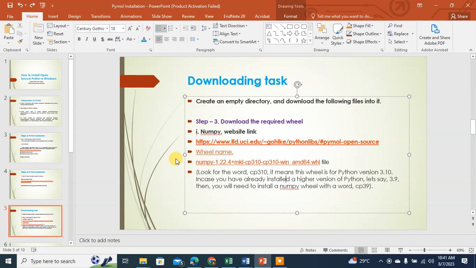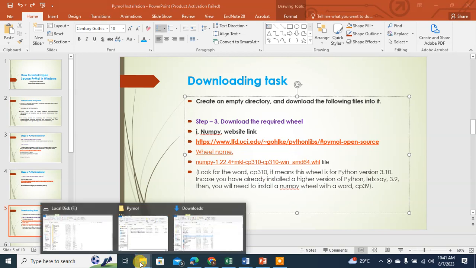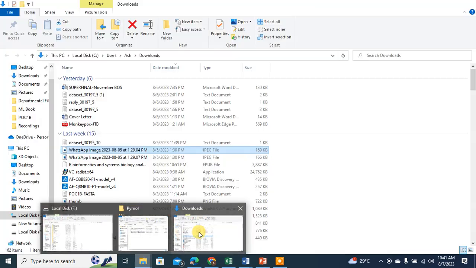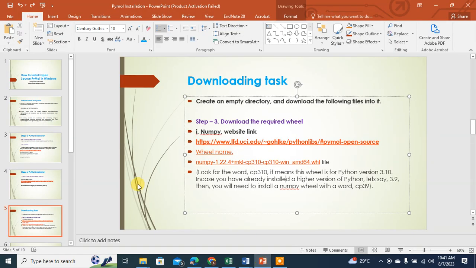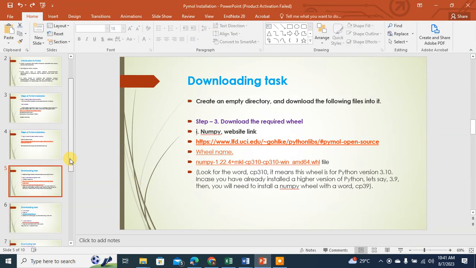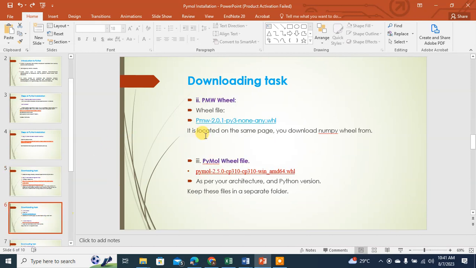Okay, it's a smaller file. Just download it and it will be downloaded into your download folder. From the download folder, just cut and bring it to the folder you have created. It is here. I have already put it here, so you have to keep it here. Now, from the same website, don't close the website, you have to install PMW